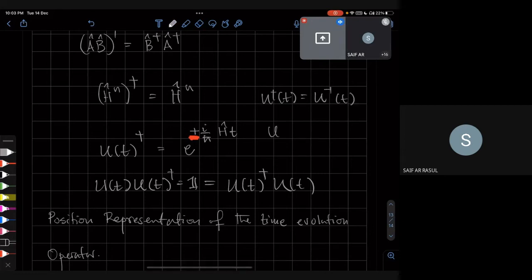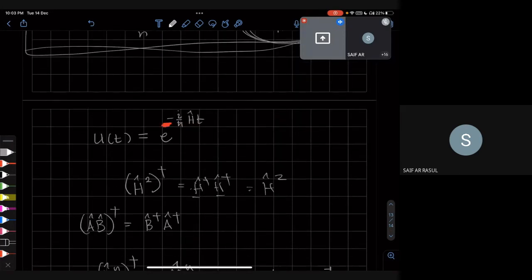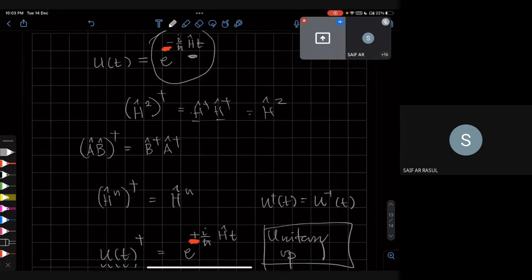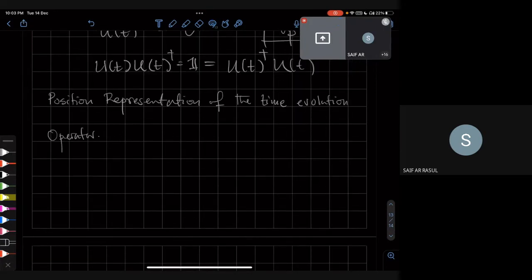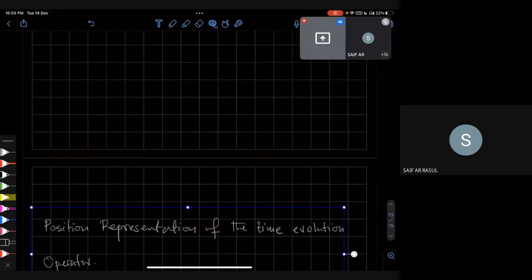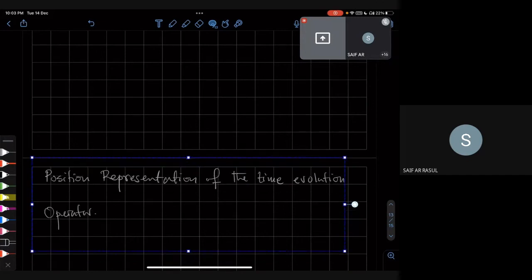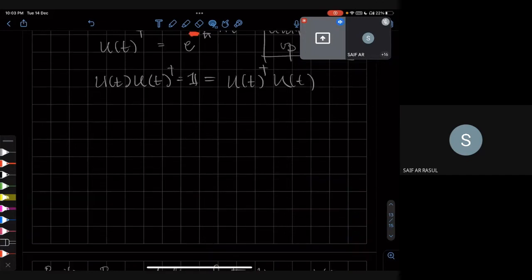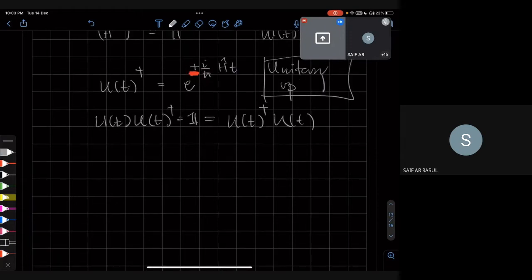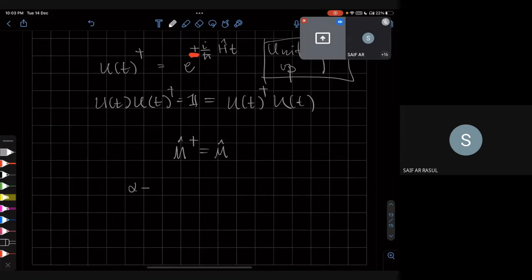Such operators are called unitary operators. And given a Hermitian operator, any Hermitian operator, you can construct a unitary operator in this way. So let me just give you the recipe. And this is also something that is very useful in group theory, so you should definitely hang on to this fact. Suppose I give you a Hermitian matrix or an operator. Let's call it, say, M. M is some Hermitian operator, a matrix. So it satisfies this. And if alpha is a real parameter,